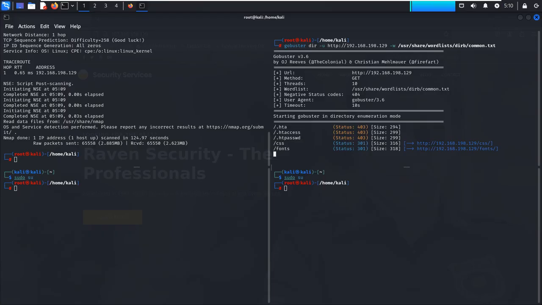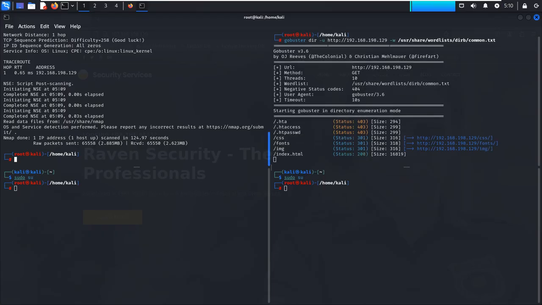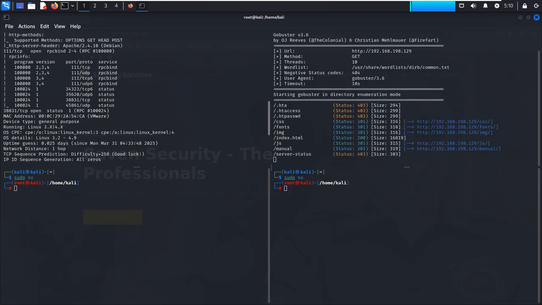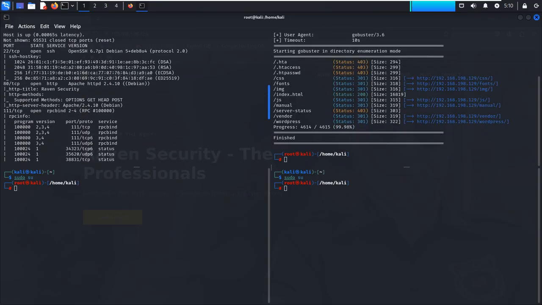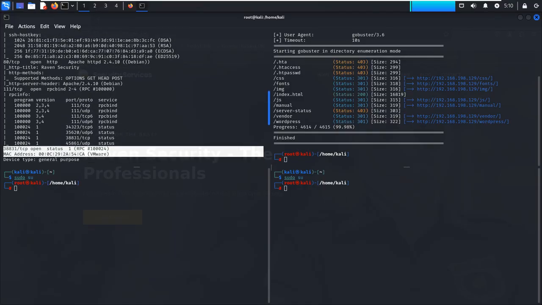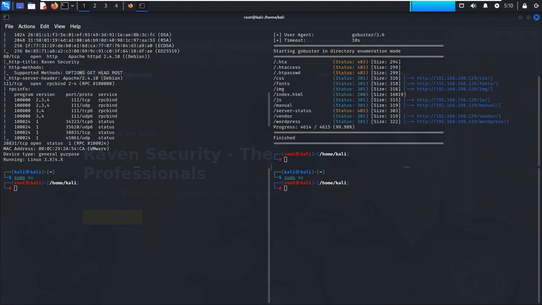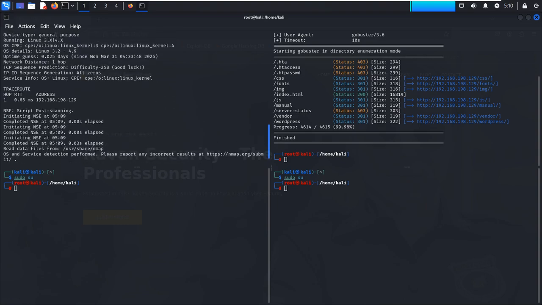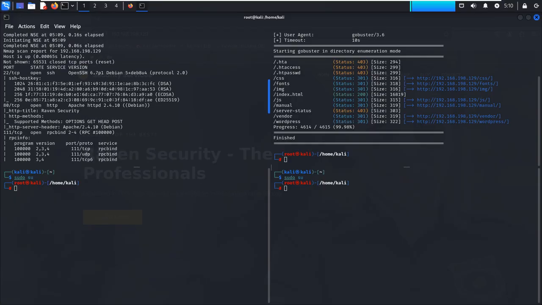So in that regard, we got these nmap results. Now we know that we got port 22, that's SSH, secure shell. It's open and it's running this. And we got port 80, which is the HTTP. We got port 11111 and stuff. So the thing is, once you get these,